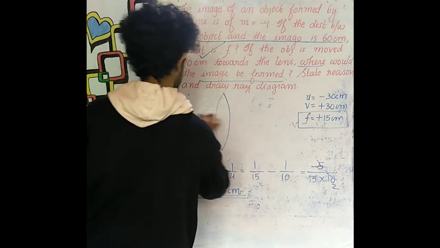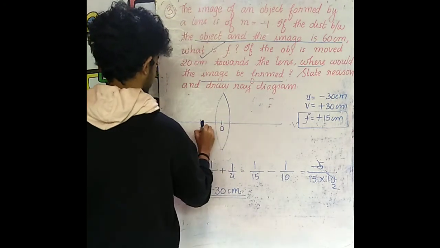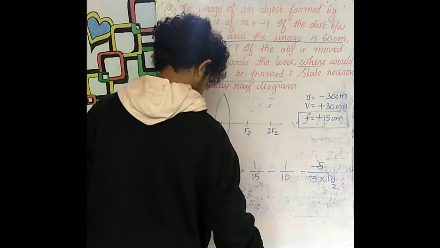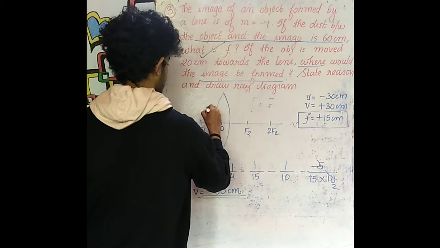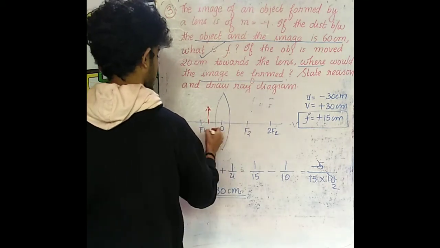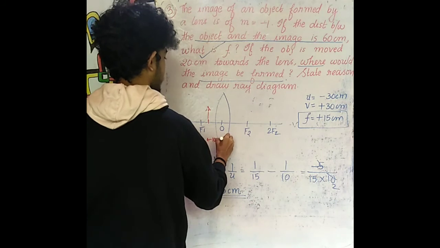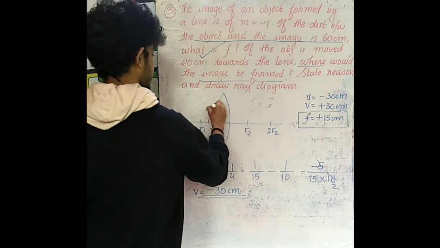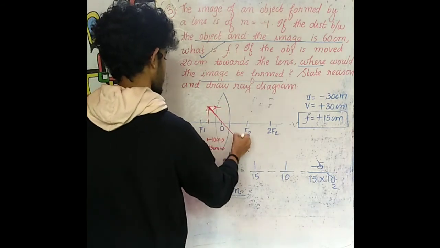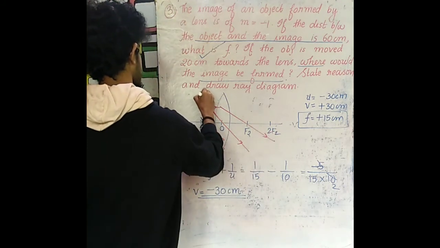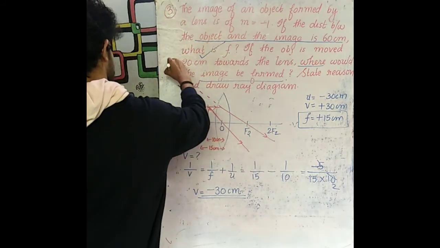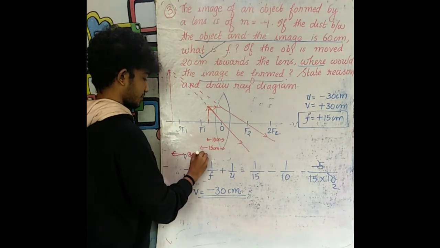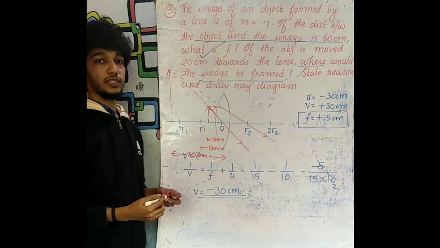Draw a convex lens, optic center O, F1, F2 and 2F2. Here we are placing the object between F1 and O, and the object distance is given as how much? 10 cm, we have calculated. Focal length is what? 15 cm. Let's mark these distances also. Now bring two rays of light. They won't meet on this side, so we are extending them on the other side so that we get the image formed. And this image will be at a distance of 30 cm from the lens. This is how we have to draw the ray diagram.